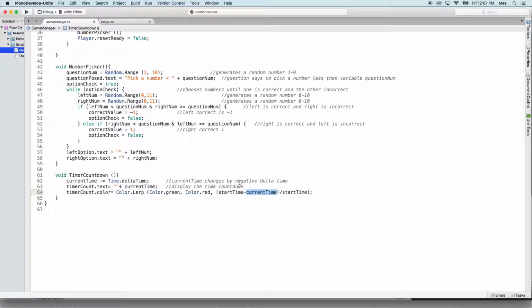So as current time changes, we're counting down, so that current time goes from 30 to 29 to 28, and so on. So at 29, it's going to be 30 minus 29, which is 1 over 30. So we're starting to climb up. If the current time was 15, it would be 30 minus 15, so 15 over 30. So we're getting closer to that value of 1. Say current time was 1, so we have 1 left on our countdown clock. Then it's 30 minus 1, which would be 29 over 30. So even closer